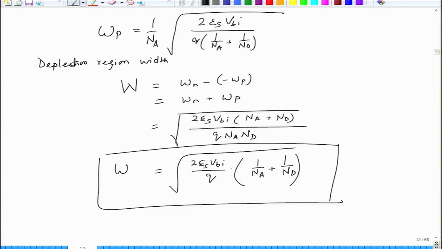So, this is what we have done in this lecture. We have looked at some electrical parameters, the continuity of potential, electric field, the basic equations for electric field and potential. Remember that they are continuous in nature at the interfaces, and from this you can plot using those equations the electric field, the potential, and the charge density, and you can estimate the built-in potential and the depletion region width, okay. So, we will stop here in this lecture, and we will continue this in the next lecture to work out the electrical characteristics of PN junction.